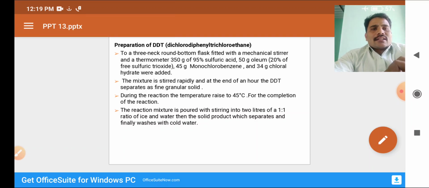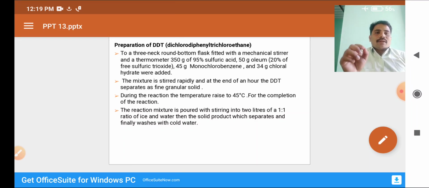During this reaction, the temperature rises to 45 degrees. Whenever the solid separation takes place during this reaction, it reaches 45 degrees Celsius for the completion of the reaction. The granular solid separates as DDT at 45 degrees Celsius until the completion of the reaction. This reaction mixture is poured with stirring into 2 liters of a 1:1 ratio,